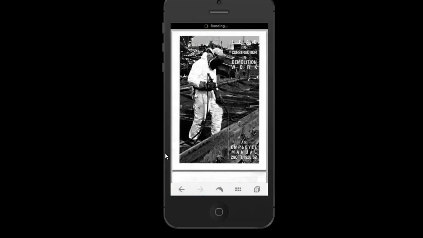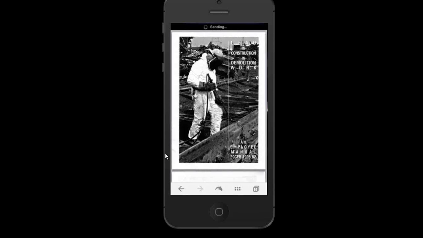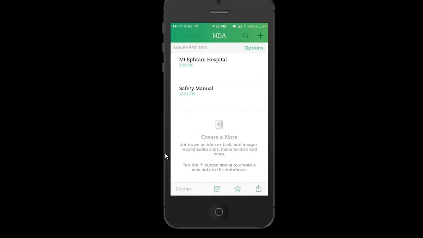So using the Dolphin browser is a good way for you to add any documents or entire web pages that are maybe not in PDF form to your Evernote, for you to be able to reference later on.